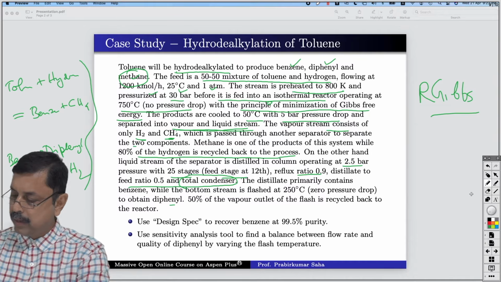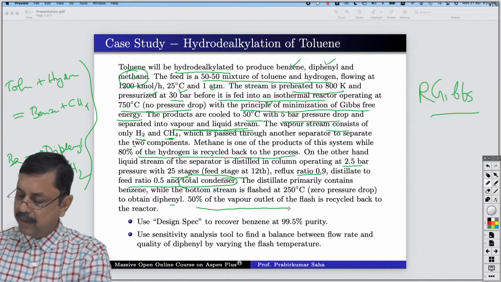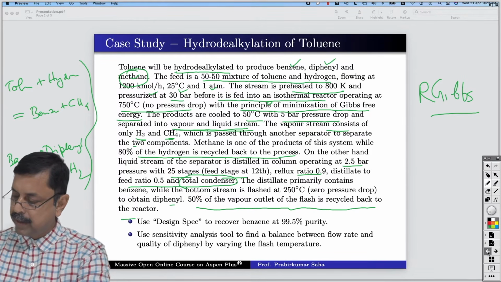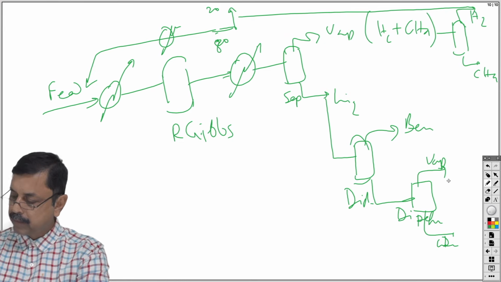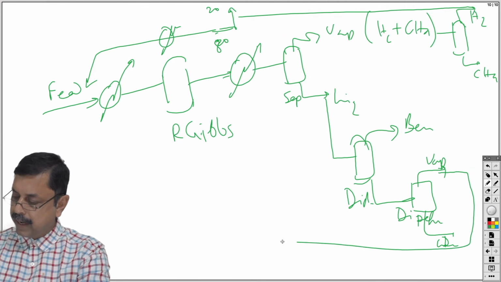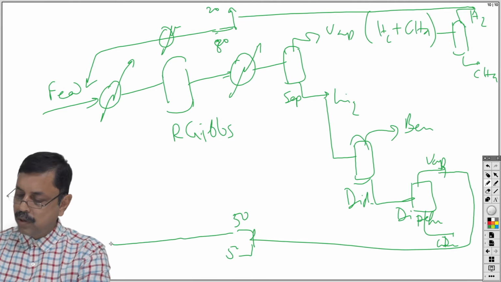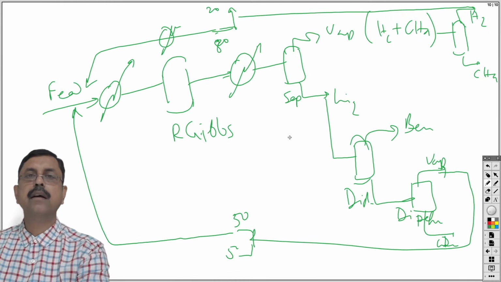We do not know what will be there in the vapor phase, but it is said 50% of the vapor phase outlet of the flash will be recycled back to the reactor. That means this will be passed through a 50-50 splitter, and this 50% will be fed back to the